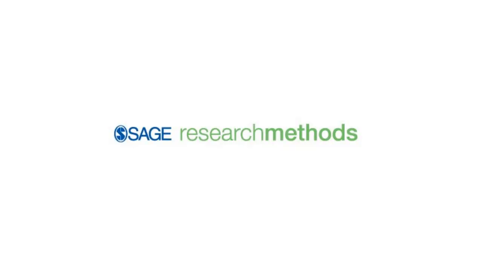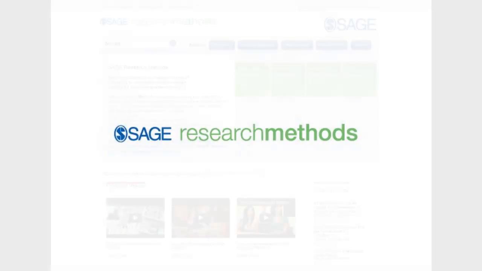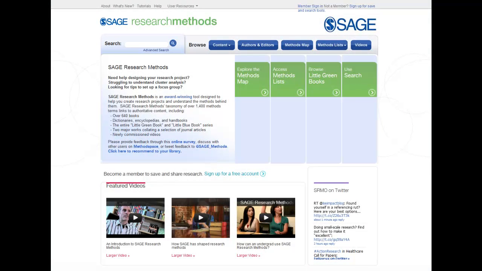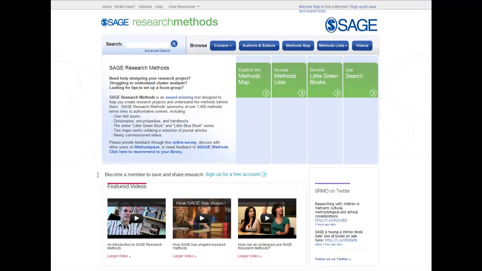Sage Research Methods is the place to go for information about research methods. It's an innovative research tool that can be used by students and researchers across the social sciences to search for a method and then find a range of literature from reference to book, journal, and video material to support their